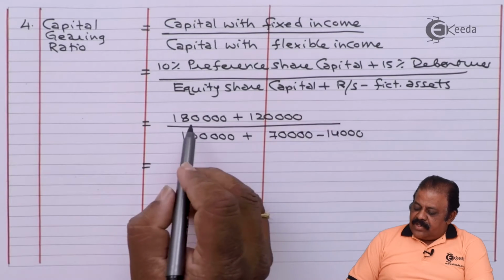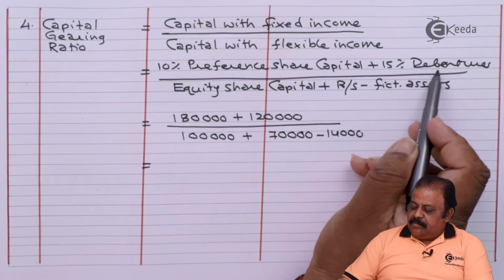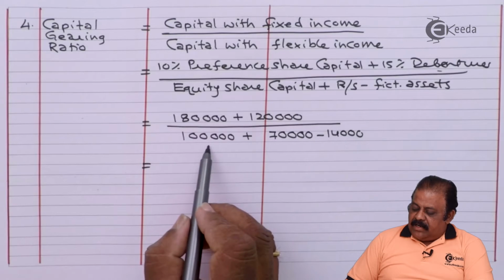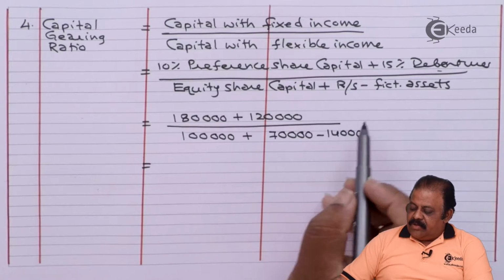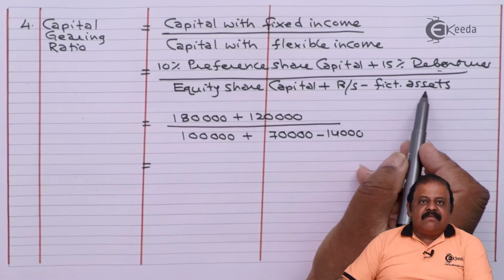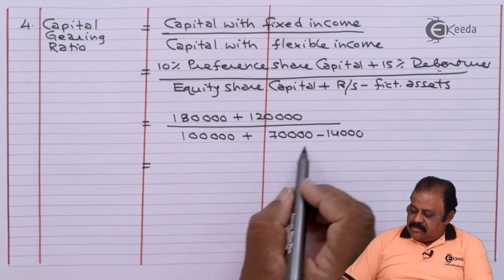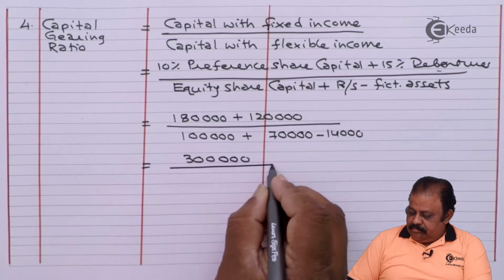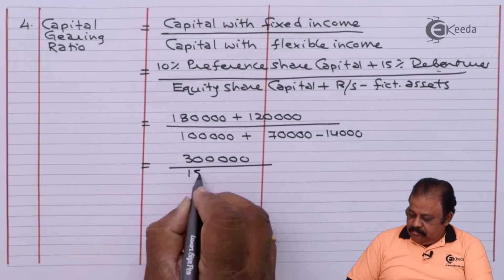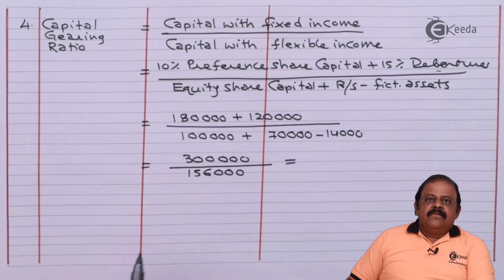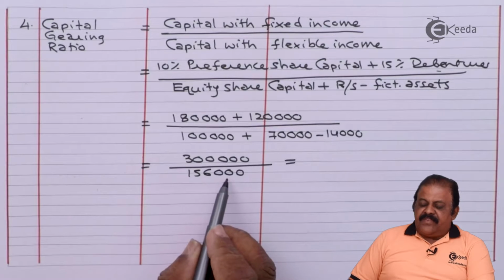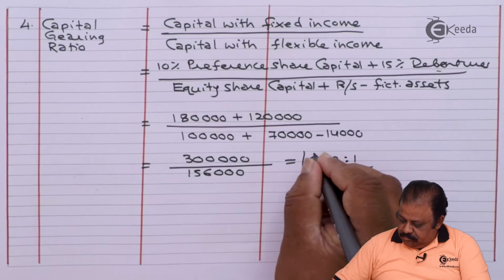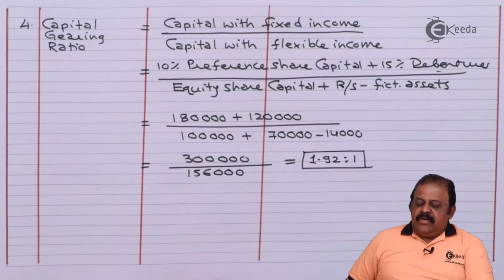10% preference share capital 1,80,000, 15% debenture 1,20,000 divided by equity share capital 1 lakh plus reserves 70,000 minus fictitious asset, profit and loss account debit balance 14,000. Three lakh divided by 1 lakh 56,000. So it is